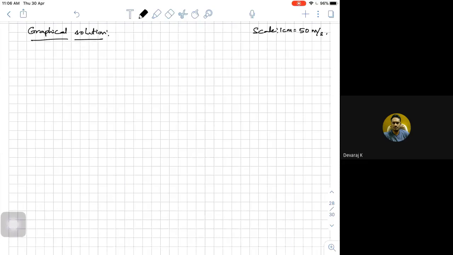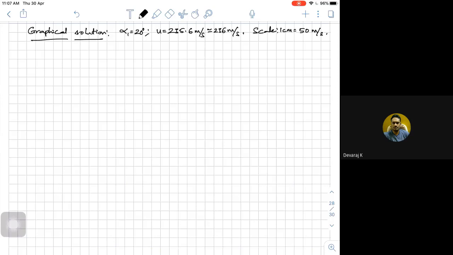Then what is given in the problem statement? They have given alpha 1, which is 20 degrees. For the graphical solution, what is required? Alpha 1 is equal to 20 degrees, and they have given the diameter and the speed. So we have calculated the u. U is equal to pi DN by 60, which is 235.6 meters per second. I can round it off to 236.